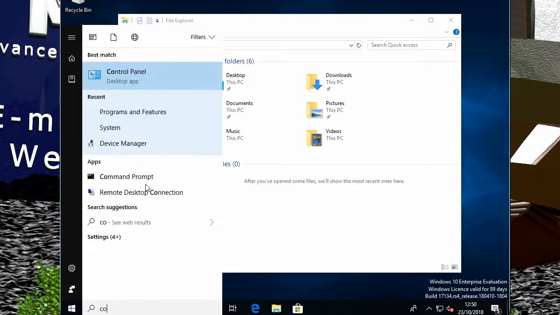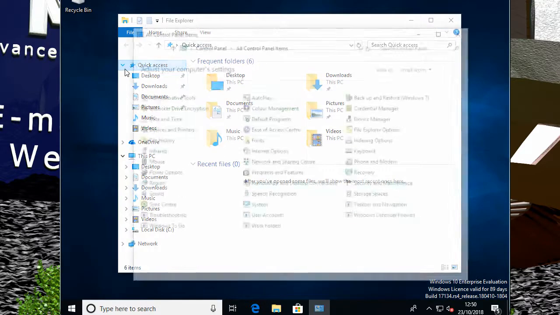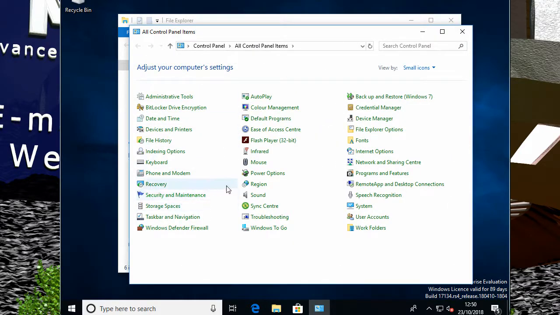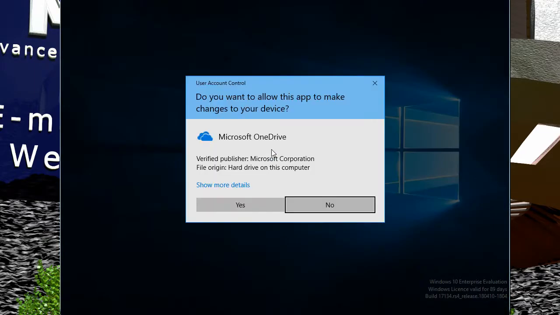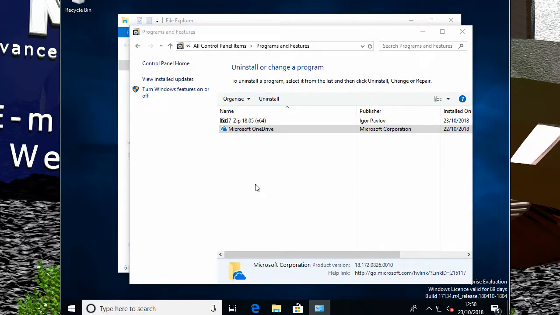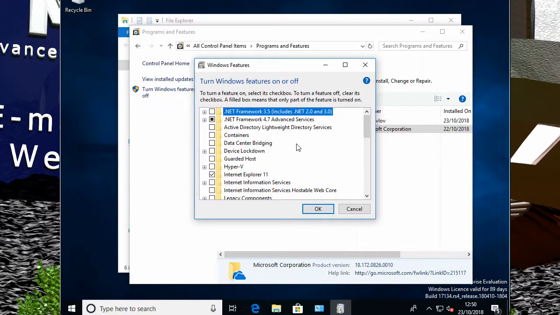and then in there, go to programs and features. And obviously if you've got OneDrive and you don't really want it, you can just get rid of that, if you don't want it popping up every 5 minutes. But anyway, that aside, what you do is go to Turn Windows features on or off,